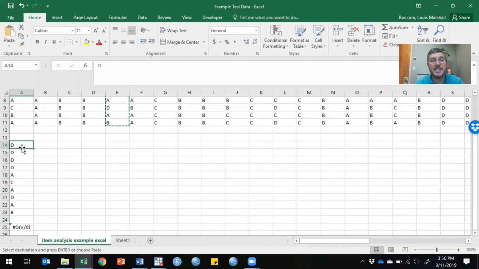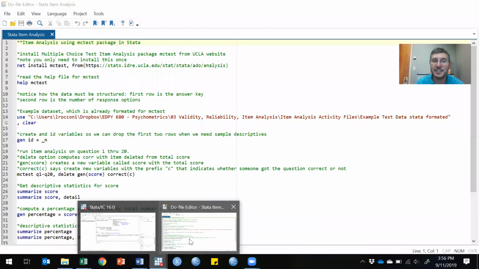So if we did D, you can see D is probably a pretty good distractor item. So typically for the wrong answers, we want to see lower discrimination values, or even negative values, which is a good thing for those. I found there's a really cool program in Stata